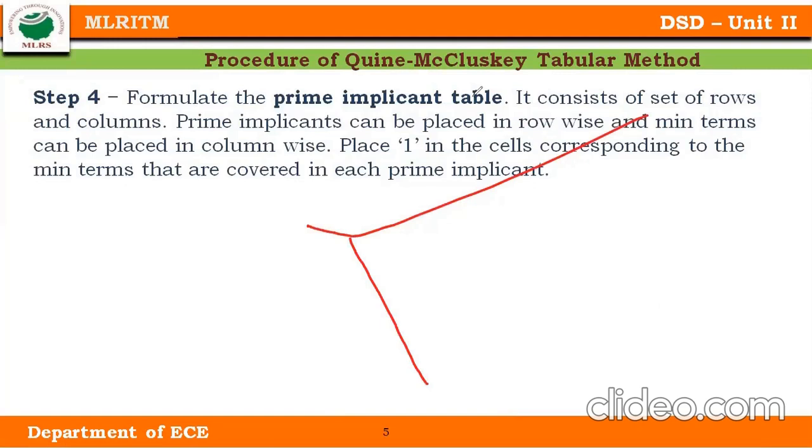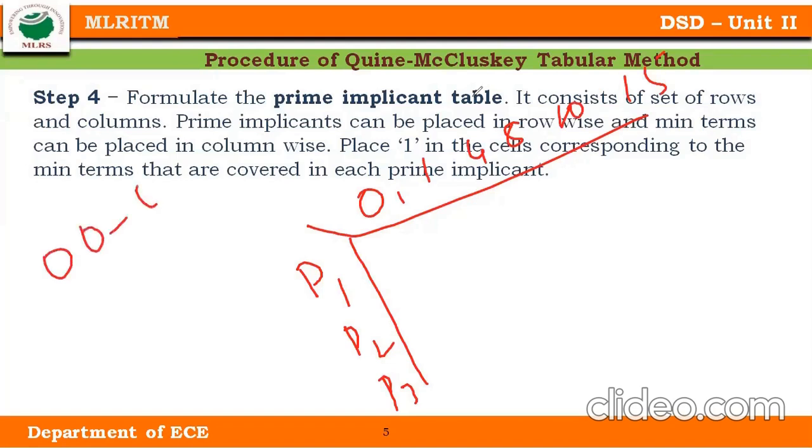In this table I need to write the prime implicants P1, P2, P3, which are found in your previous tables, and here I need to write all the minterms 1, 0, 1, 4, 8, 10, 15. And whatever the value, like in the previous case where I got some 0 0, some dash 0, which means what is the value here, so that corresponding a b c d, if I kept a b c d, that corresponding value needs to be crossed with a cross mark, okay.